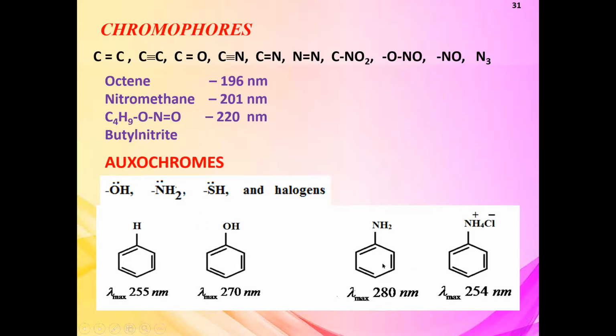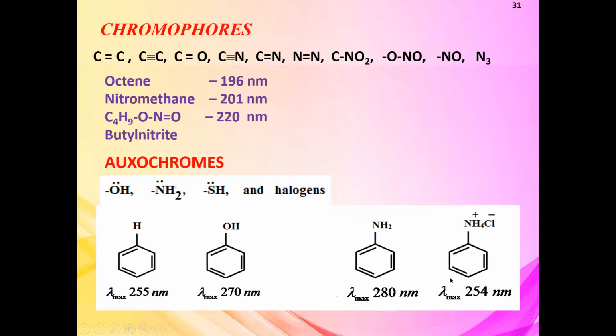So in case of aniline and aniline hydrochloride, these are the better examples to explain the nature of chromophore and auxochrome. So in case of aniline, the lambda max value is 280 nanometer, but when